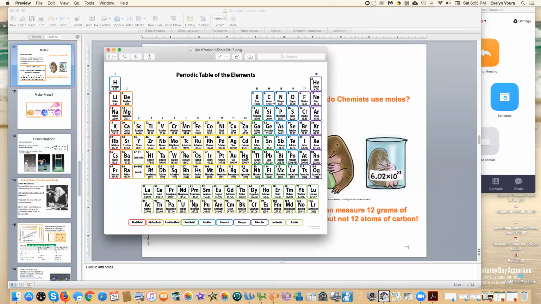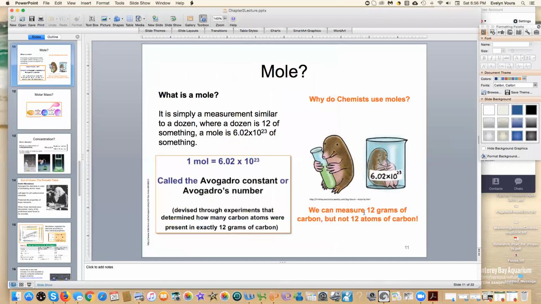Now, are you going to be able to weigh out 12 atomic mass units of carbon? Absolutely not. You can't see it. As you know, we'll talk a little bit about the size of an atom later on in a few minutes in my presentation. We did it in class. So you can't measure 12 atomic mass units, but it would be much easier to weigh 12 grams. You can see 12 grams of carbon, okay? So chemists use the mole because, and it was worked out using carbon, because it works out to be the same mass in grams to match the atomic mass units.